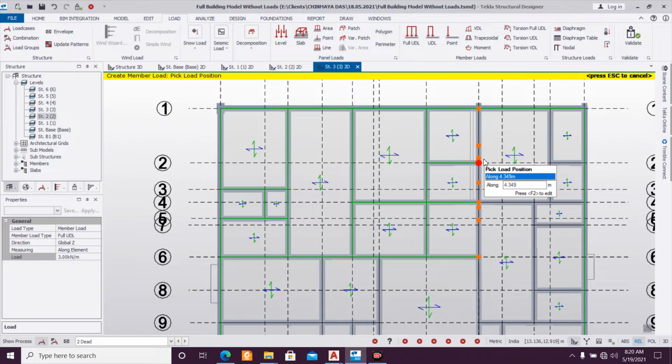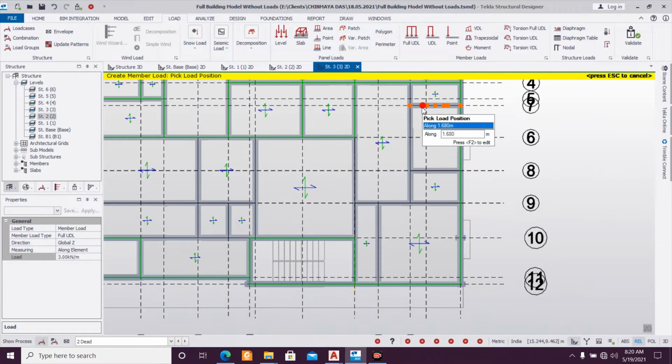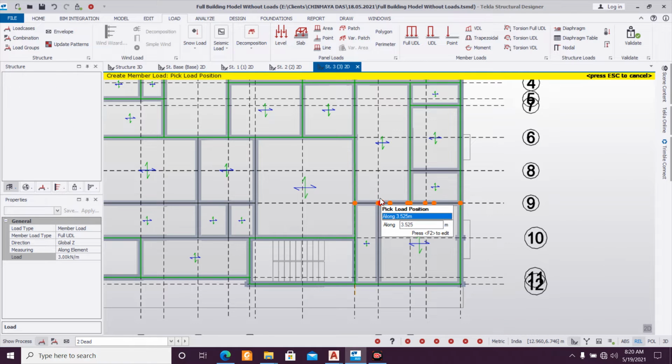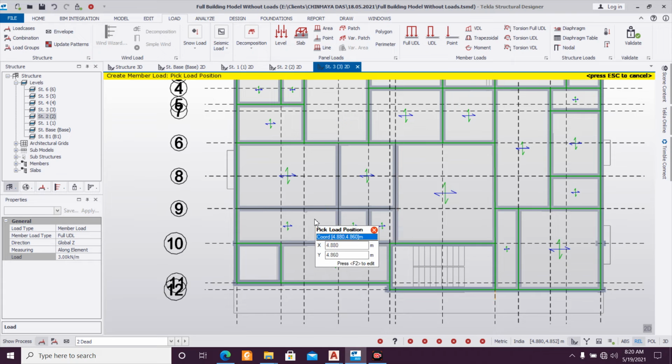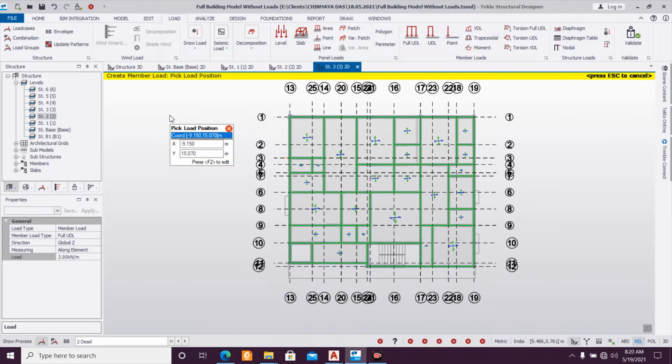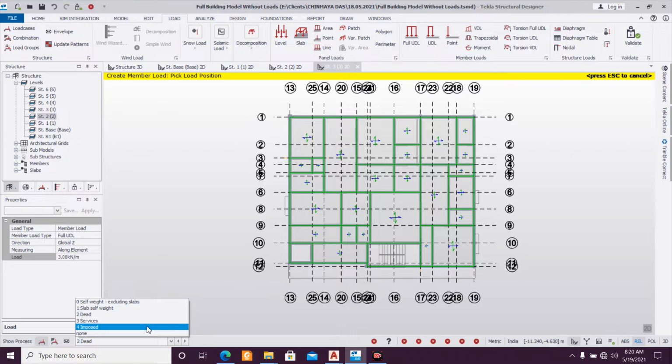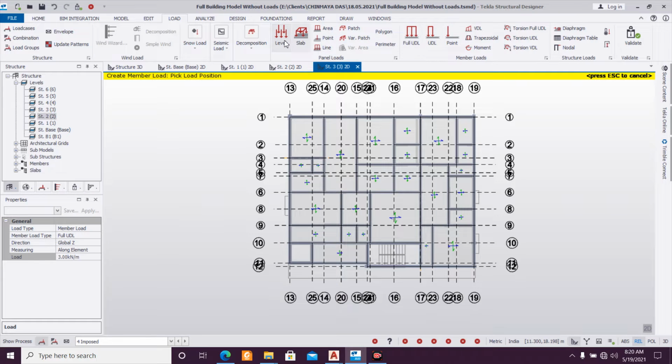It'll also take some time making this safe, because there are very few columns, as I told you. It will take some time making the structure safe. Hope we can do this within 1 hour. 40 minutes into the process already, and before that we add the imposed loads, level load